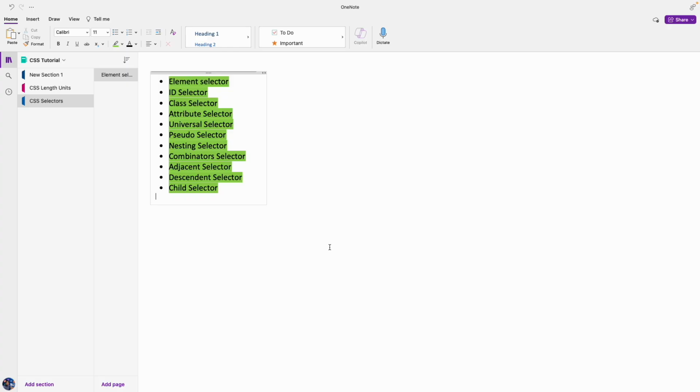There are several selectors out there, but we are going to discuss a few of them. What is a selector? A selector is a process of selecting elements so we can apply styles on them, along with their specificity. What is specificity? Specificity is an algorithm used by the browser to determine which CSS declaration is more relevant to